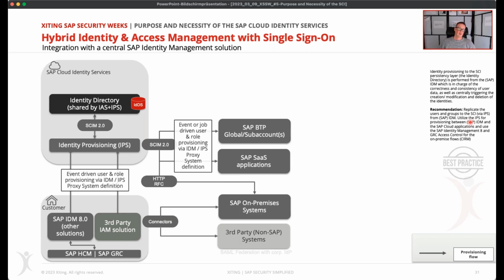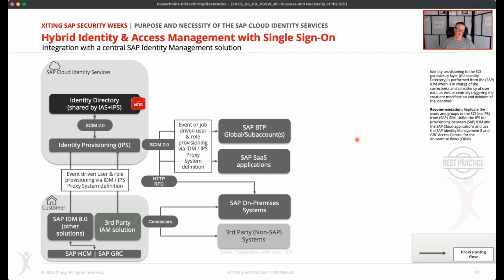So it's always that you really take care about having your connections that you still have to your maybe on-premise systems, to your supported cloud applications directly from your IDM, and then integrate with the identity directory. And if possible, your IDM can still connect directly to SaaS applications as well. If it supports SCIM, it's fine. However, if not, you can make use of the IPS as a proxy system and then support almost all applications that are supported out of the box by the IPS.